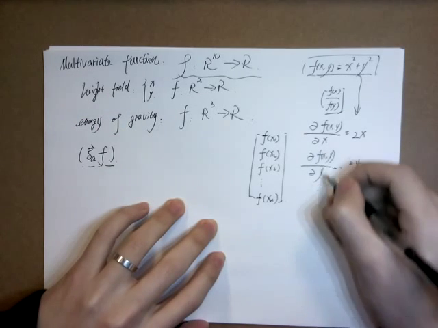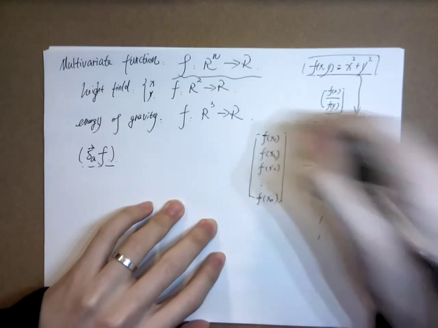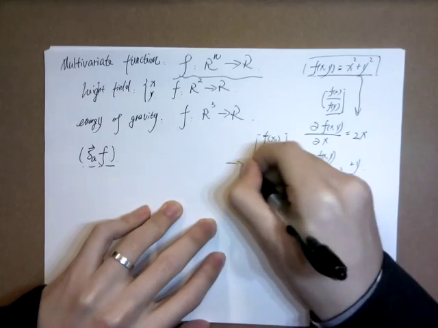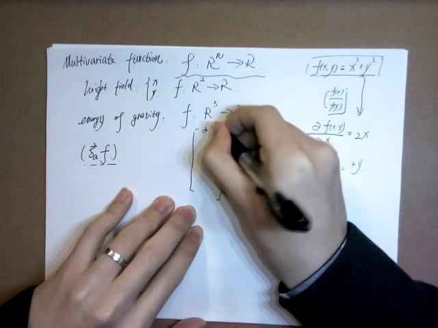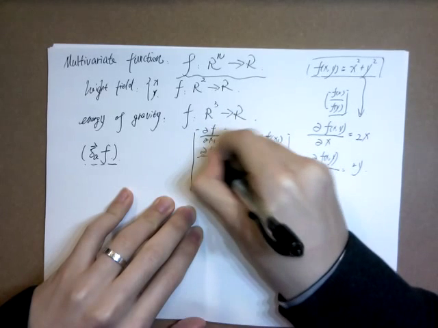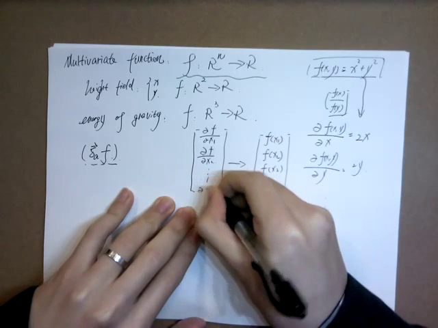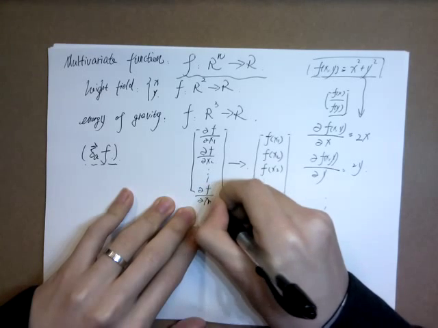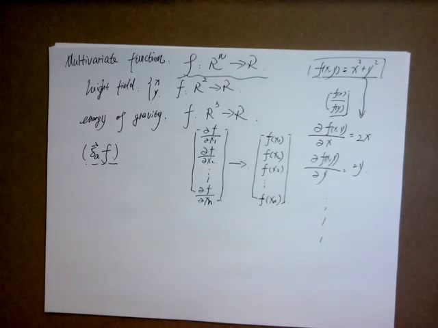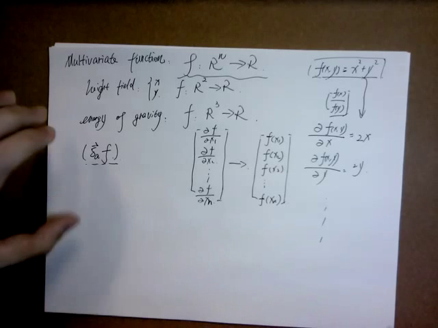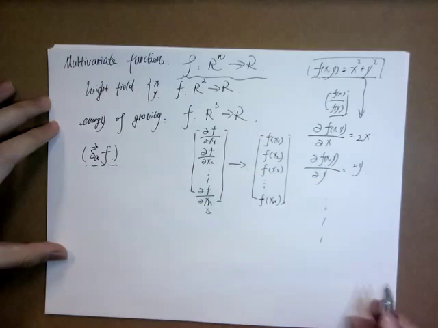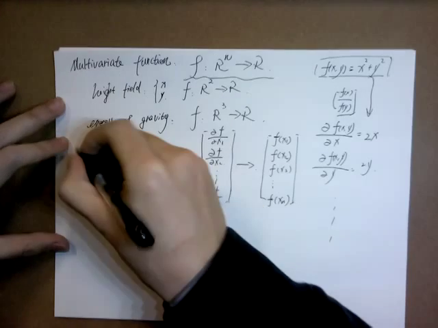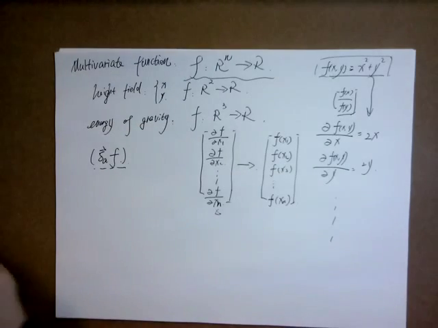So if I do this for all the variables, I get the partial derivatives of the function with respect to all of its variables, up to xn, and then this can be seen as the derivative of the function. All right. So the first thing that we can see is this is a vector, and we can also write a similar equation to this one,